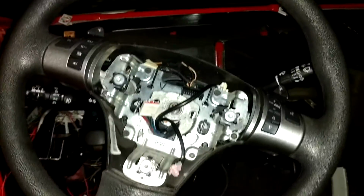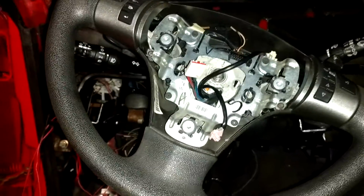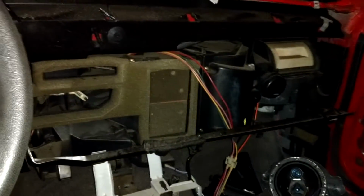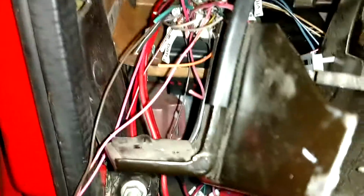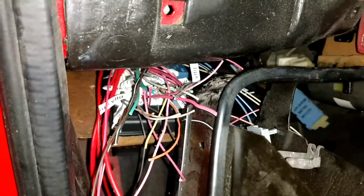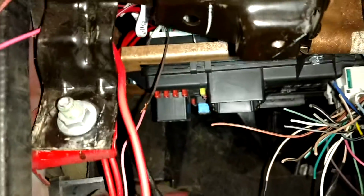On YouTube. Thought I'd just give everybody a Camaro update here. As you can see, I got pretty much all the dashboard ripped out of my Camaro, and what we're trying to do is wire everything up. Right here is where my BCM is. Right there's my fuse box for the BCM, and on the other side there's my big fat red plug, which